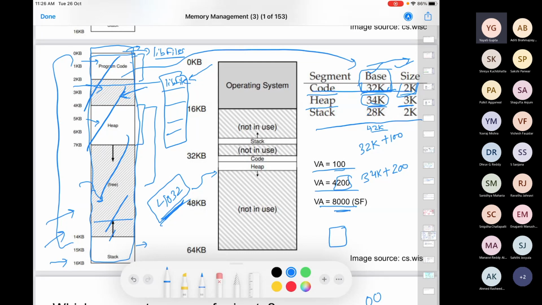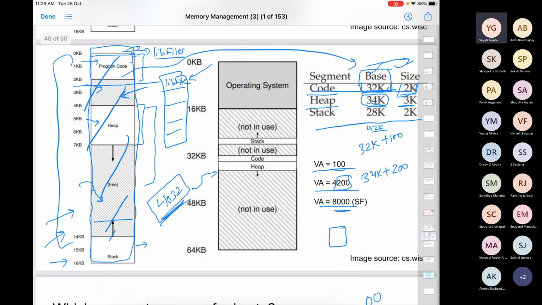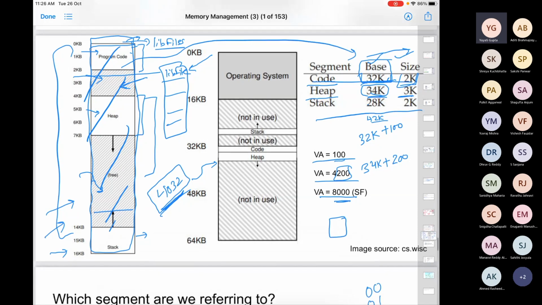So it is nothing but a contiguous memory allocation. So which problem will it suffer from? The same problem of holes, right? So all these segments, they are of variable size. So some segments will come, some segments will go away when a process finishes. You'll have all these holes of variable sizes and then the same problem can crop up. You can have these small holes which are useless, right? So this suffers from the problem of external fragmentation.